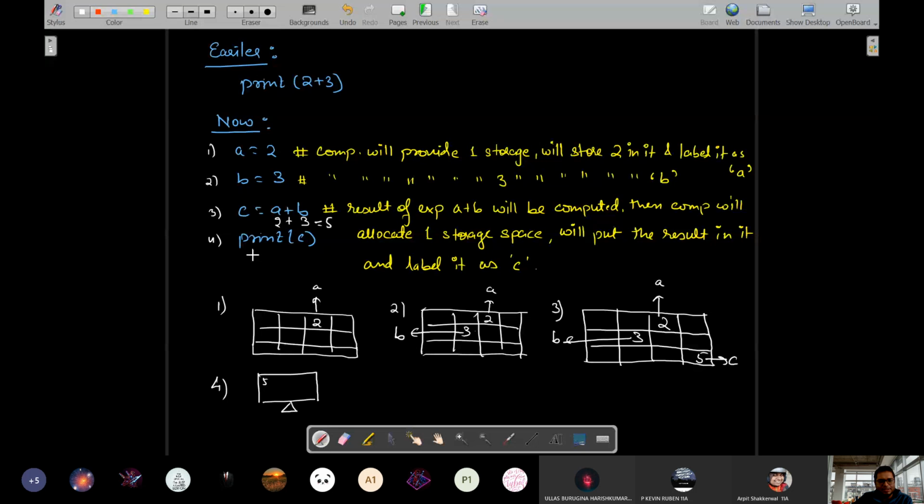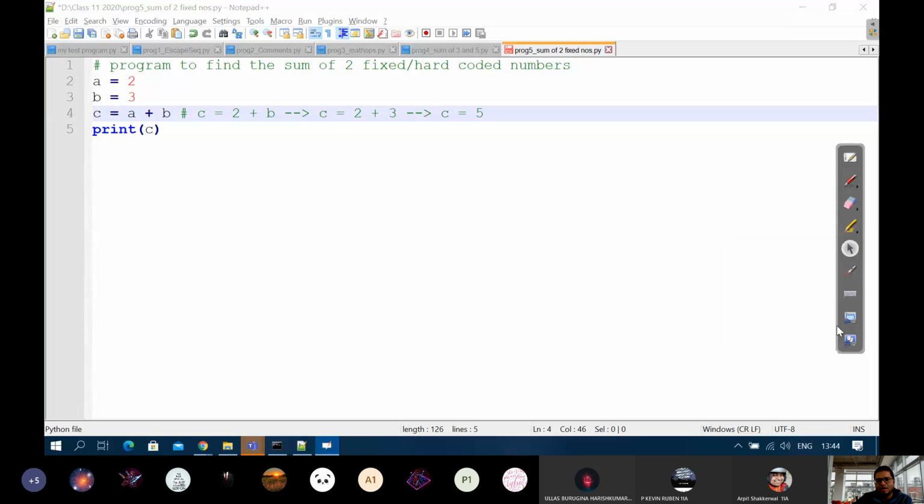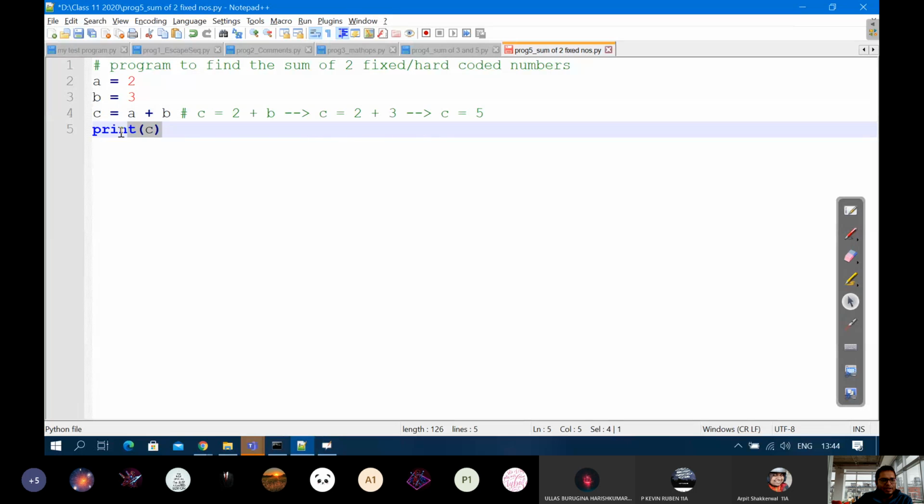In the next line, you are saying print C. Look, it will progress on to the next line, line number 5, where you are seeing print C. Now C is again not within quotes. So anything not within quotes, the computer starts treating as a label to a memory location.